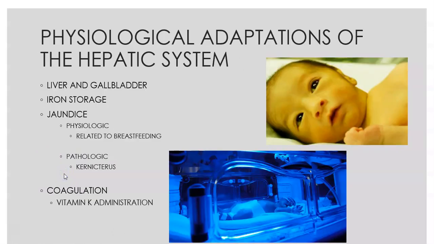So a little bit about the hepatic system, or the liver, some things that are important about the liver. Iron storage. So babies store about 3 months worth of iron that they get from their mom. So you'll notice a lot of times formula is low iron, or not iron fortified, because they don't need that extra iron. They have enough stores. You'll see as babies get older, they may start to get iron deficiency anemia, especially as they get started on animal milk, cow's milk.